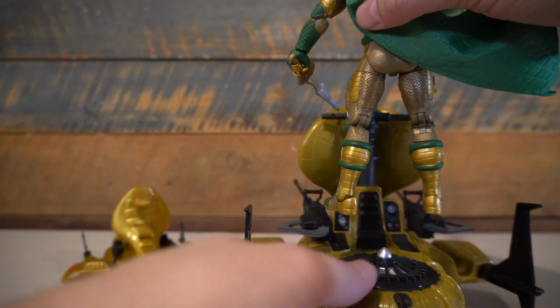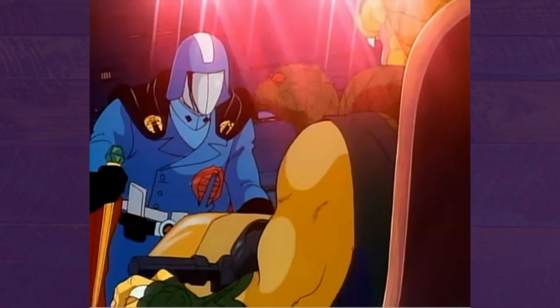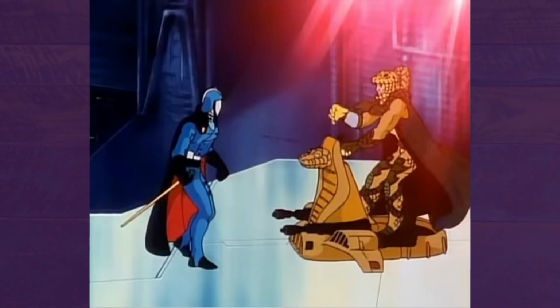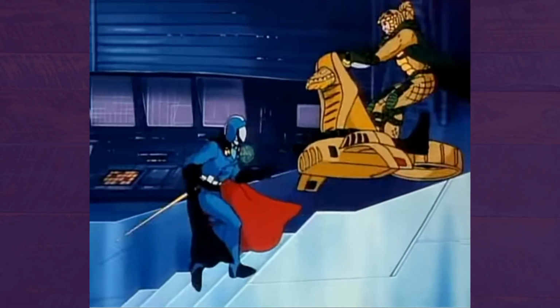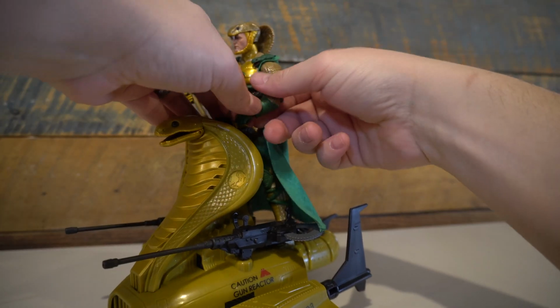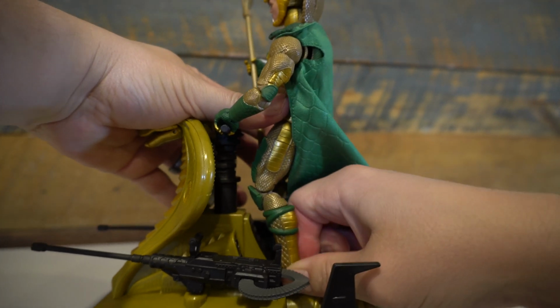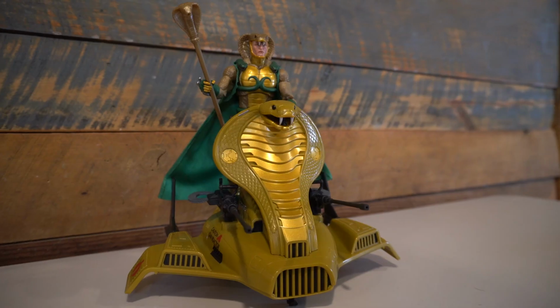Putting the figure on his air chariot was a little tough. If this was real life, he would need to be in a more squatting position to stably ride the small hovercraft. The same is true with this set. If you stand him upright, the handlebars are too low, so you must get him into a slight squat to make it work. Once he's on the chariot, you get the full effect of this set, and it is so